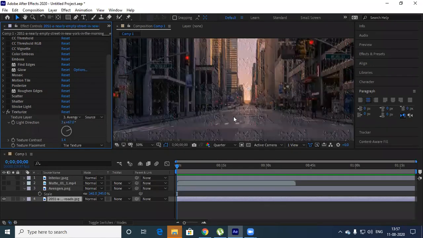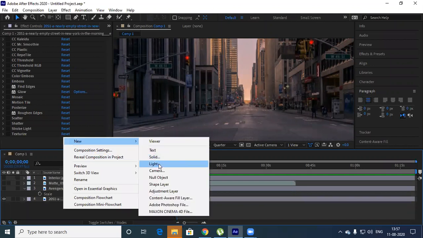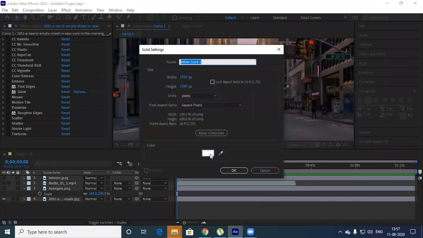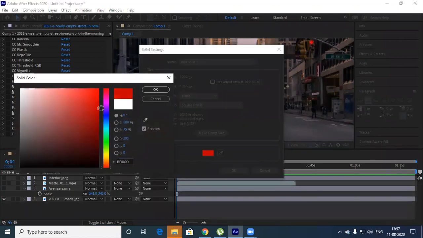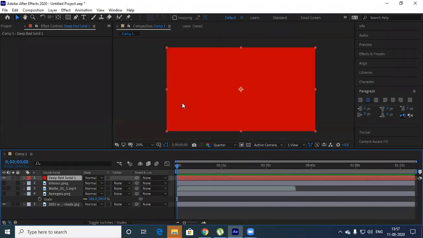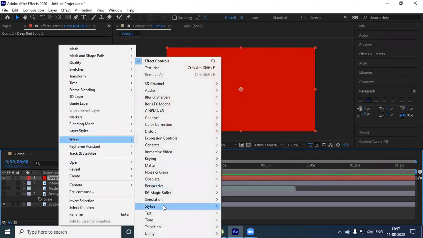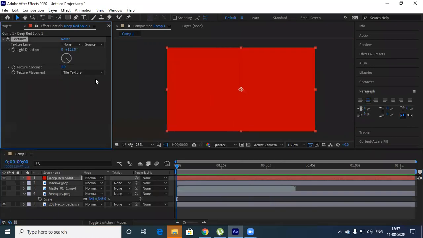Okay. Let's say for example, I'll show you another thing. Let me create a new solid. The solid is something like this. Okay, this color. What I'll do, let me apply the effect stylize texture.